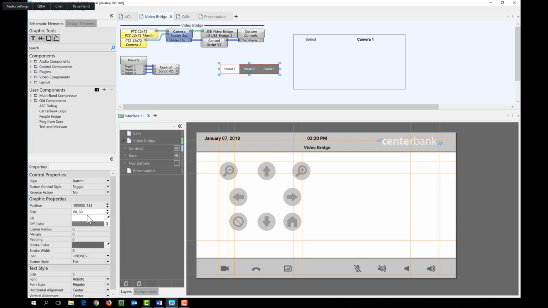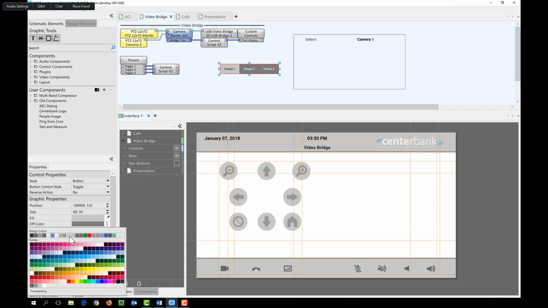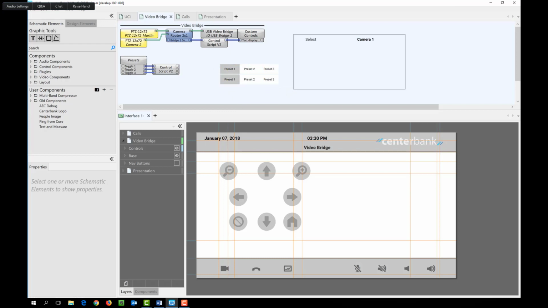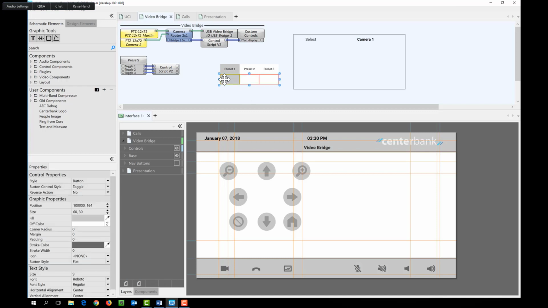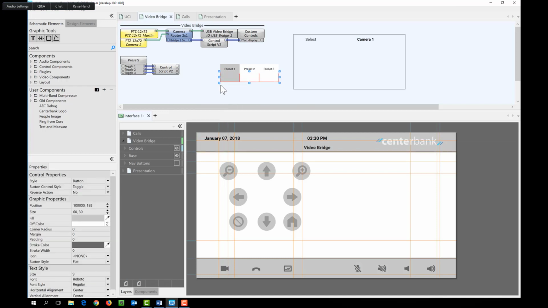And again, I'm going to change our colors. So these are going to be again a light gray color in their off state and slightly lighter again in their on state. So let's change this to be, let's see, this one. So there we go. So we have our simple colors, and we're going to copy and paste this actually, and I'm going to remove the text. And actually I'm going to send these to the back, and you notice that I'm doing all these edits and that's not in the